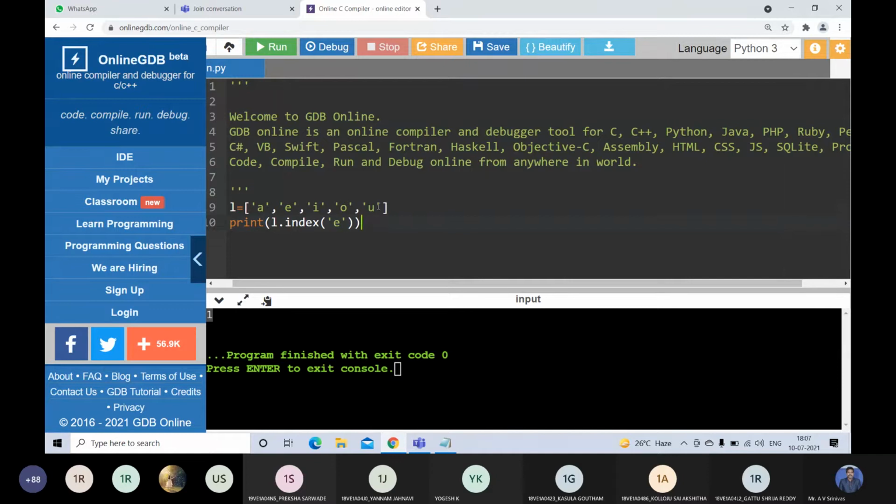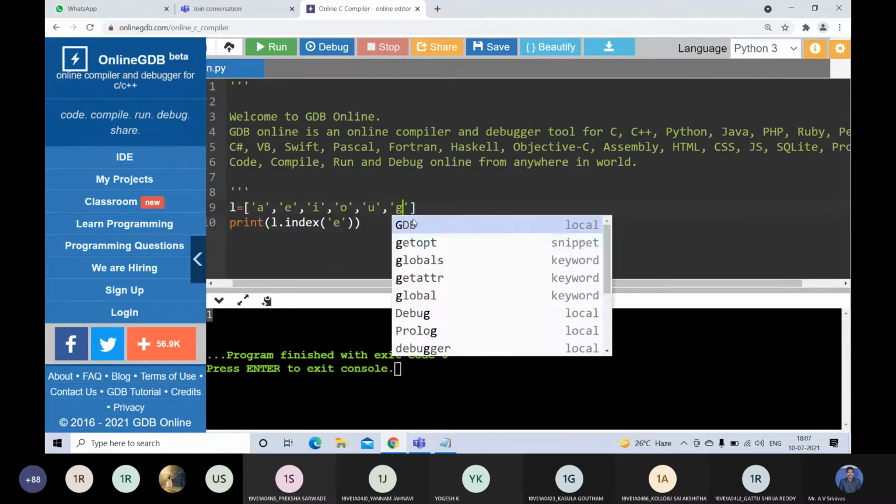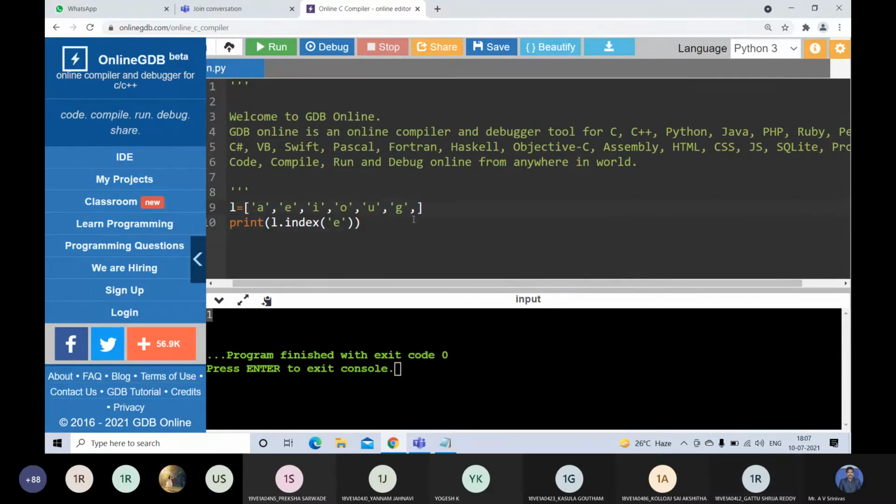Yes, sir. And now if I add a few more elements like this, G, L, I, U, something like this, and if I specify L.index of I, comma 4, here I'm giving the element as well as the starting index, not the ending index.